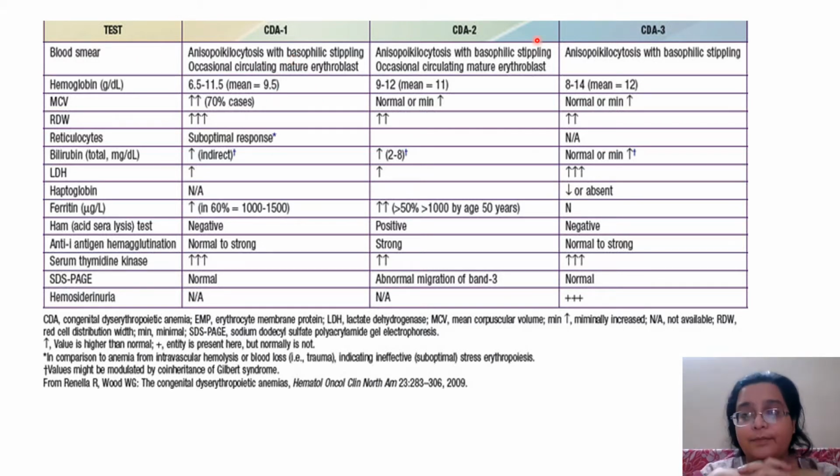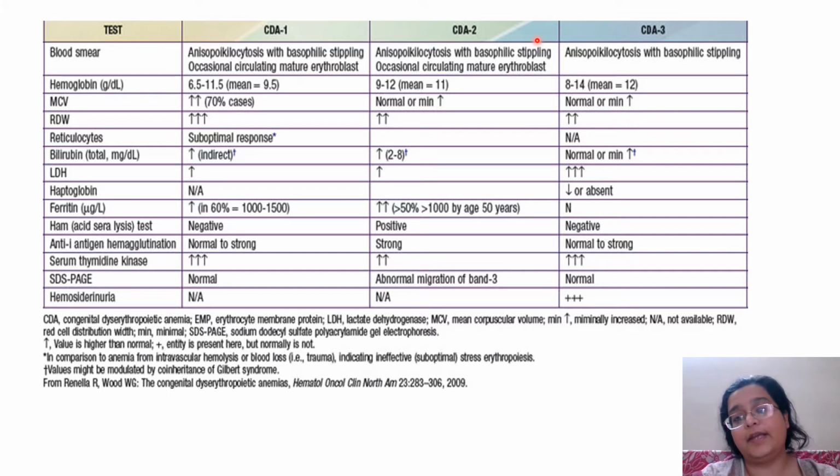Okay, now my practical point that I want to tell you is that CDA is most commonly confused with megaloblastic anemia or combined nutritional deficiency anemia. So clinically, when a child comes to you who is of young age, say 1 year, 2 years, 3 years, 4 years, 5 years, and the child is coming with anemia unresponsive to hematinics, plus or minus musculoskeletal deformity, think of CDA. I mean, think of IBMF first.